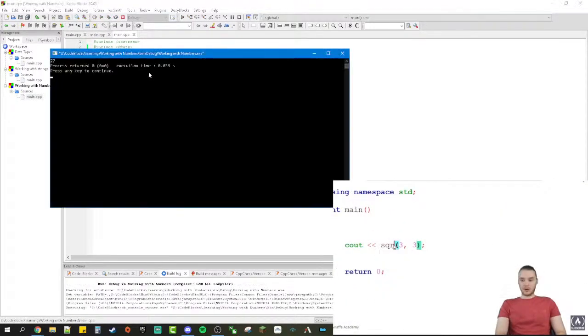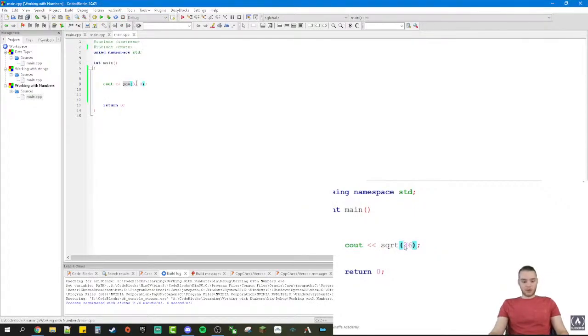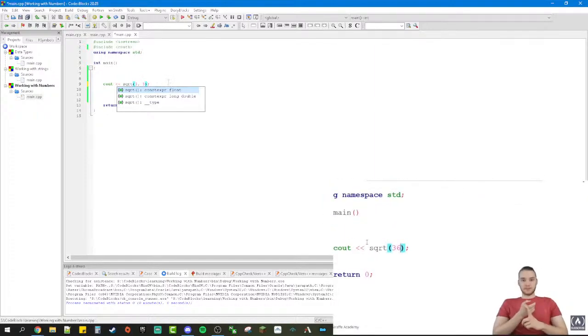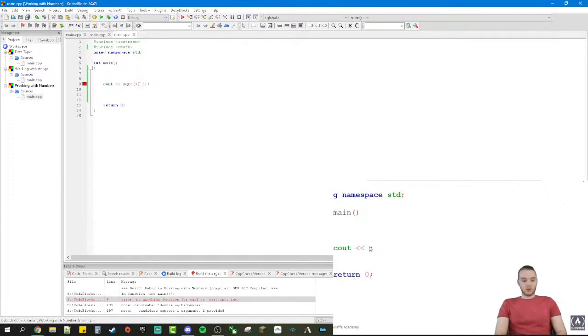There's another one, square root, sqrt, essentially doing the opposite. So we could say square root of 36, and this is going to give us the square root of 36 back, which is going to be 6. So that can be pretty useful. And inside of these functions, you can put decimal numbers too. So I can put both integers, like whole numbers, and also decimal numbers. There's another one which is called round, which is going to round a number. So if I put 4.3 inside of here, this will return